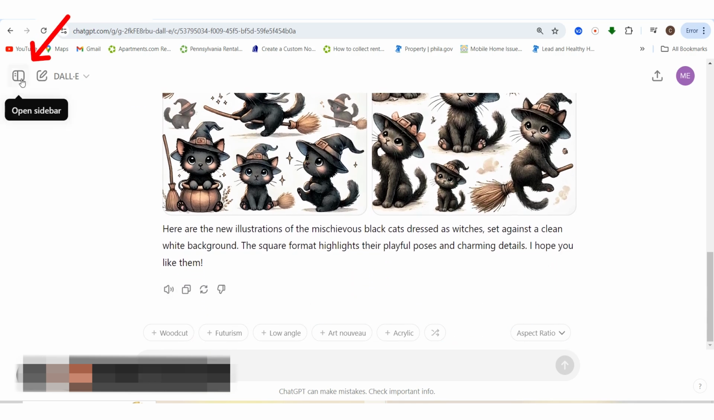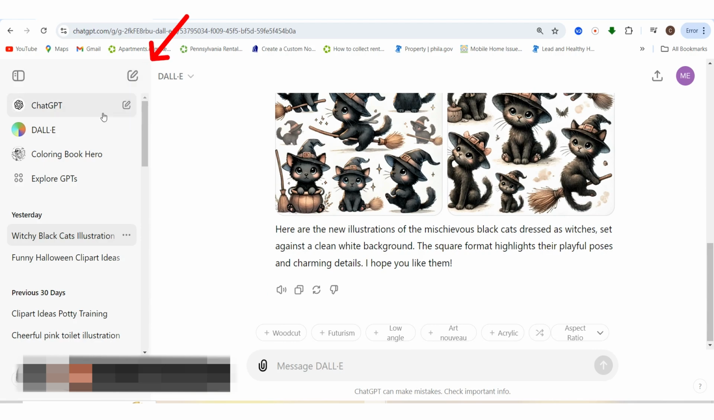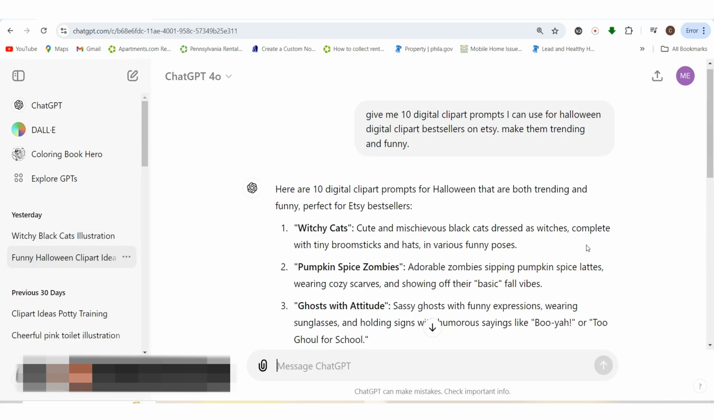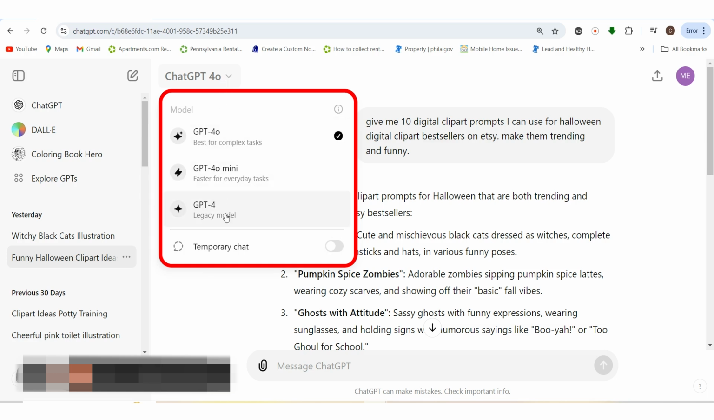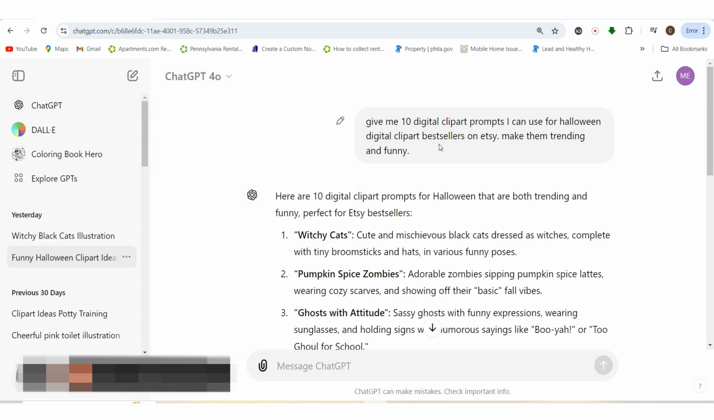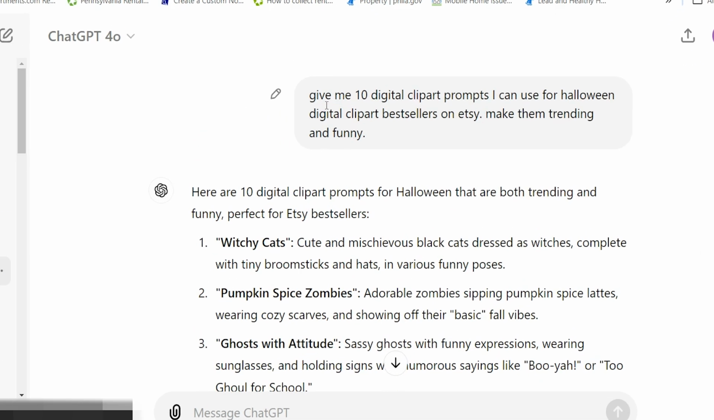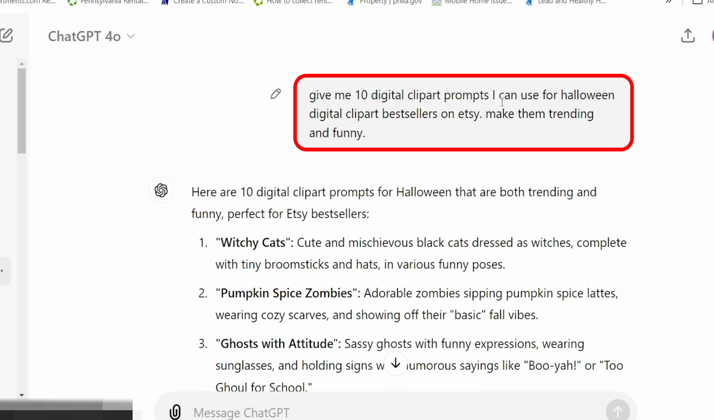The first thing you want to do when you get inside of ChatGPT is open up a new chat. As you can see here, inside of the new chat, I've already prepped the prompt. Remember, I'm in the 4.0 version. When you go down, you have ChatGPT 4, 4.0 mini, and 4.0. I am in the paid version. I asked it to give me 10 digital clip art prompts I can use for Halloween digital clip art bestsellers on Etsy,